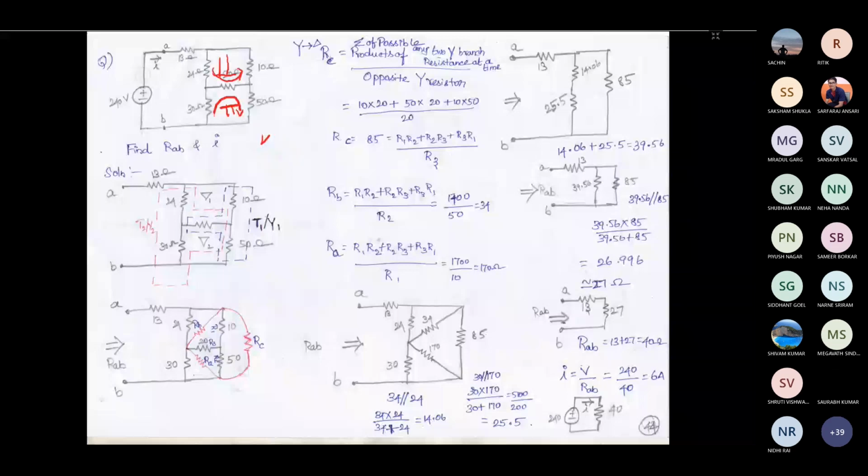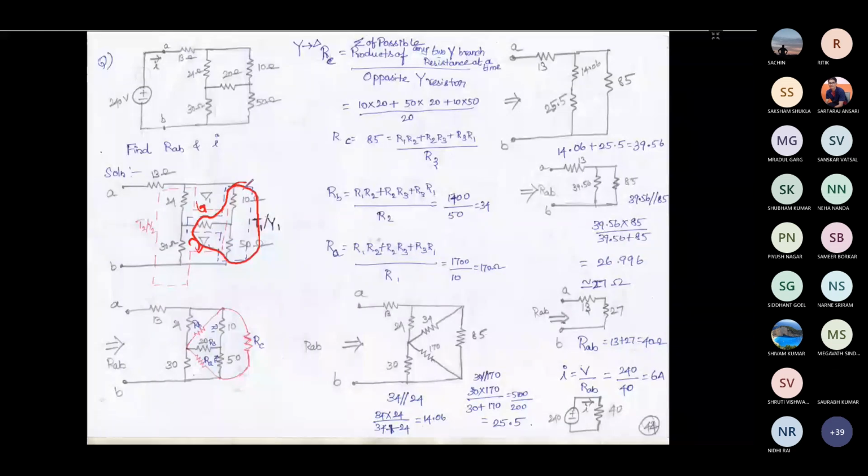Here I have mentioned what combinations are there. As I just mentioned before, whatever is marked in the red line and blue line are star combinations, and you can see these two are delta combinations. This loop and this loop are in delta combination, so you can choose any one of them. Now what I am doing is taking this star connection, and then I am converting that to delta.